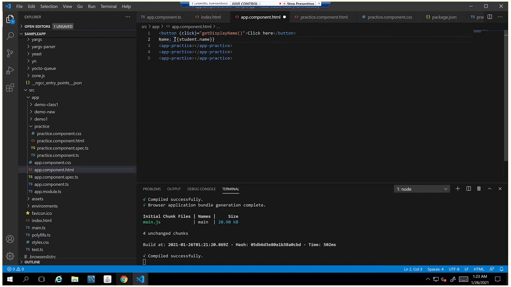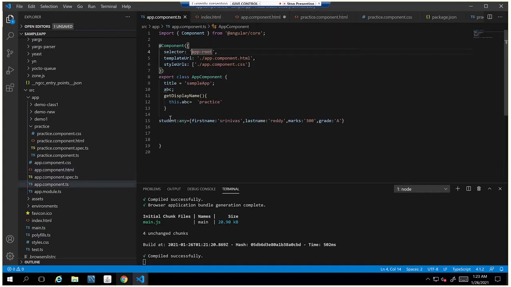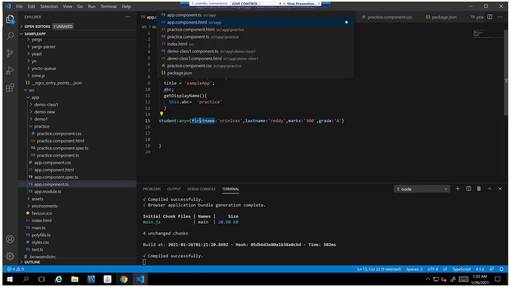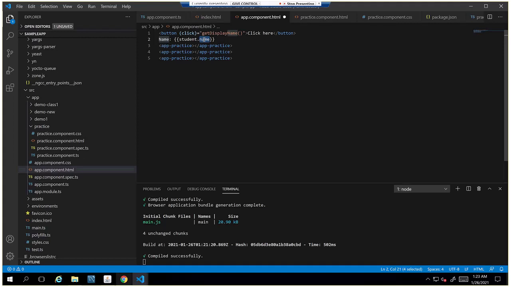Whenever I use these braces, it will read the value from the TypeScript, student object dot name. This name is not present in my JavaScript object, so I'll print first name.